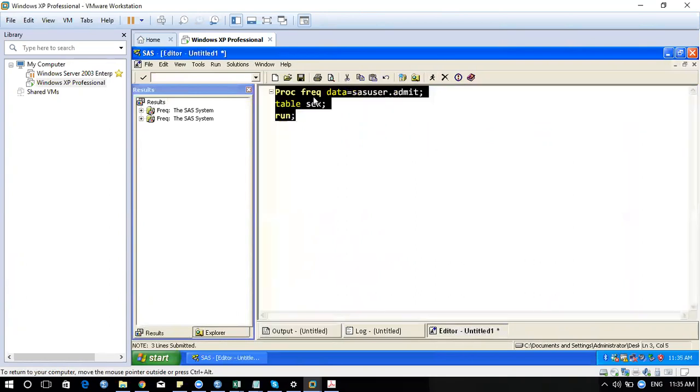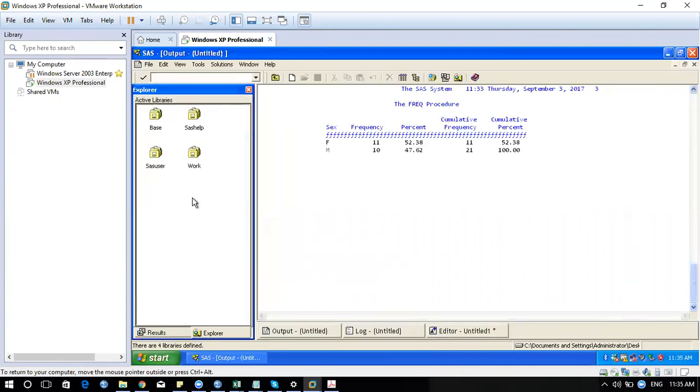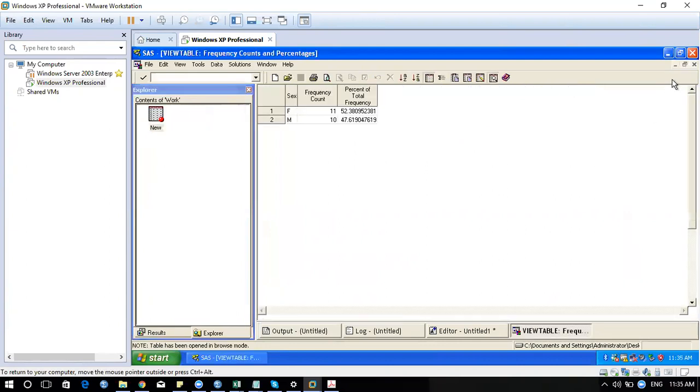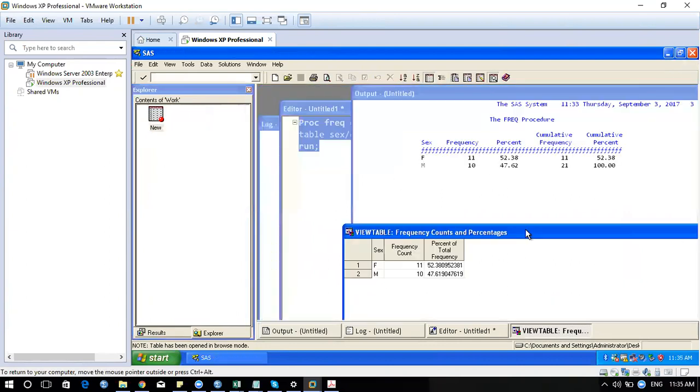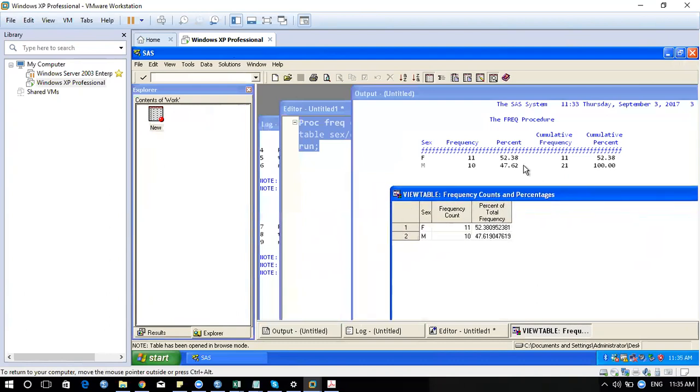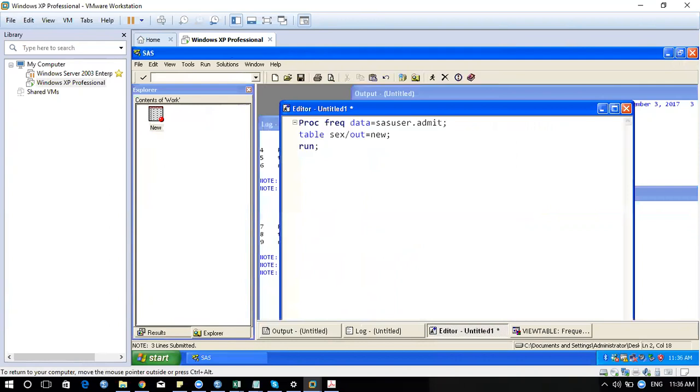Correct. Now, if I extract this output into an output section, let's say out equals new, what will happen? The output is going to be saved into a new block. If you go and look, this is the analysis which it saved, the same analysis which is here. Getting it? So a new data set will be created basically. Basically, this analysis you can use for further analysis purposes. And the name of this data set will be whatever I write after out. Okay, got it.